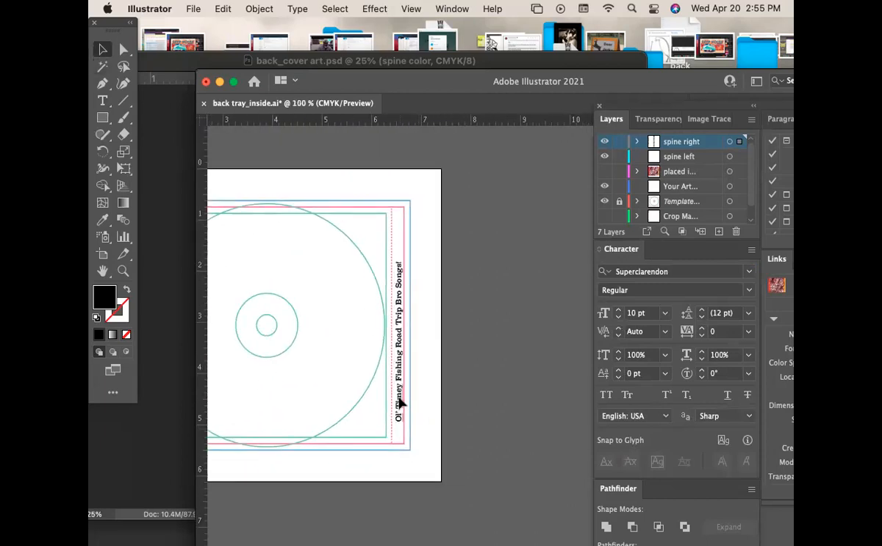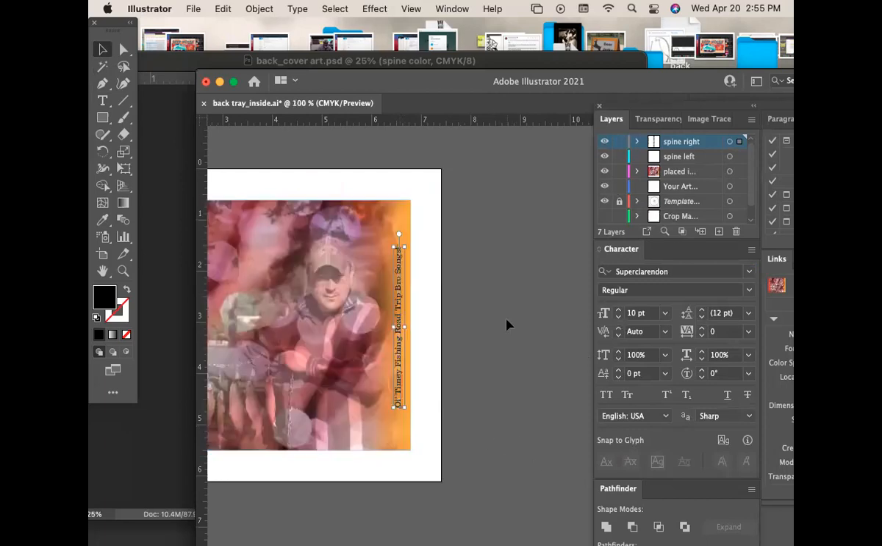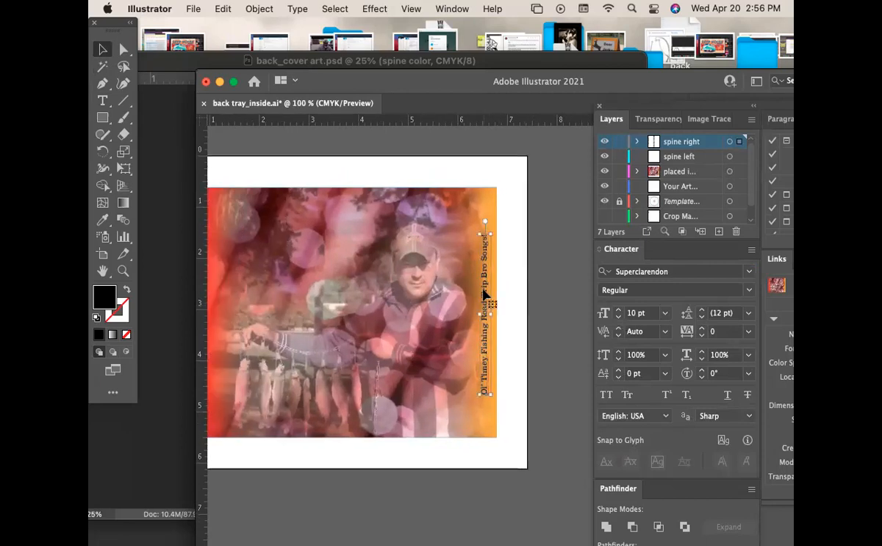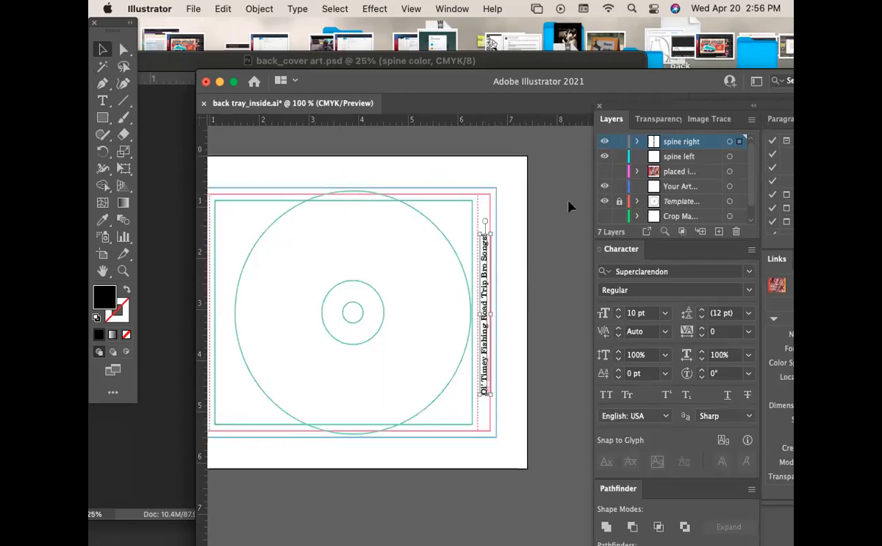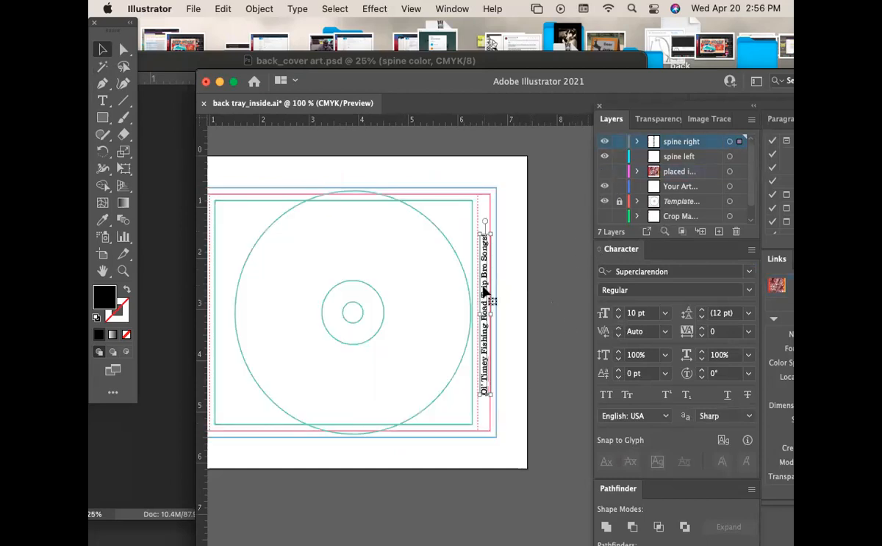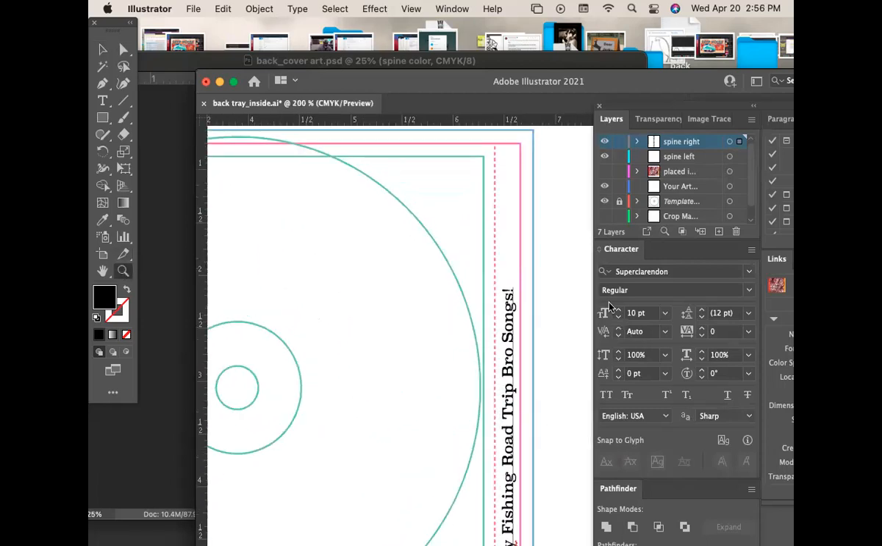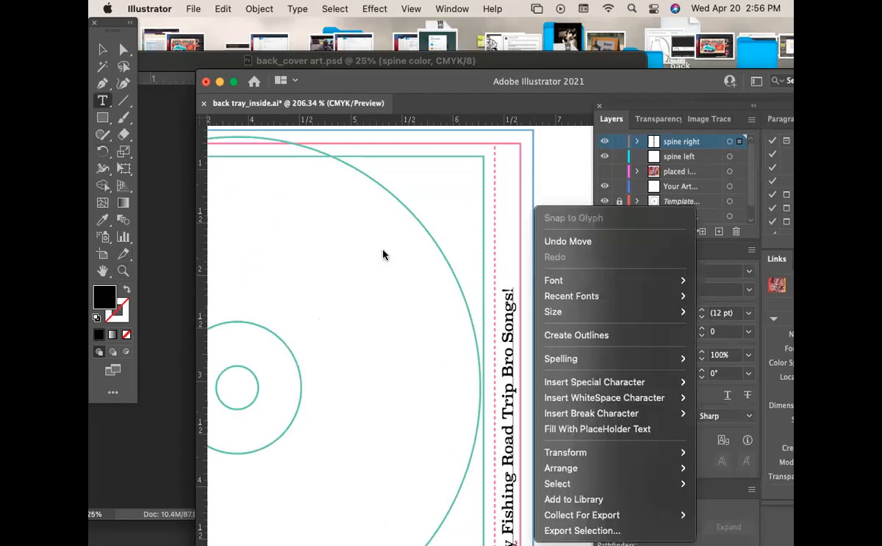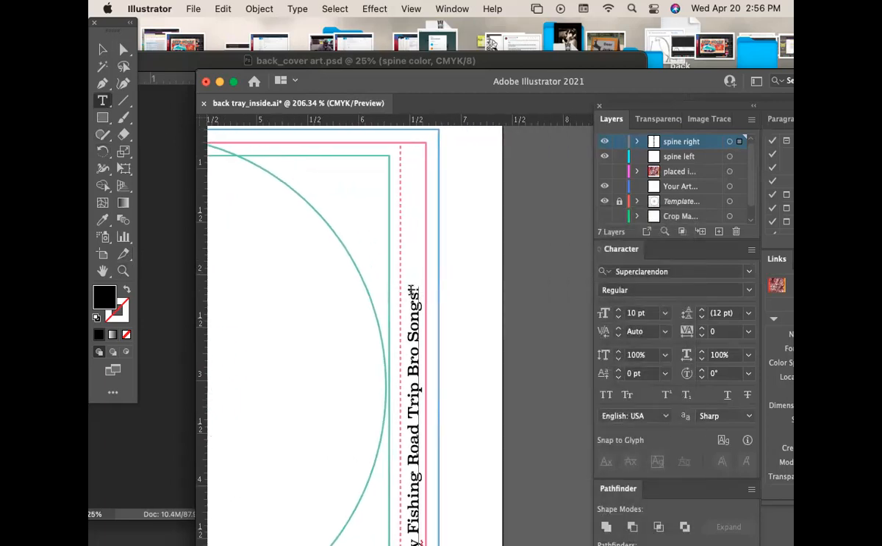I can just center that. I can turn my color back on. There it is on the spine. And I know that when I mock this up, it's going to fall right on that little spine. It's going to fold over, right? And I'll send the sample around. And then we're going to put here